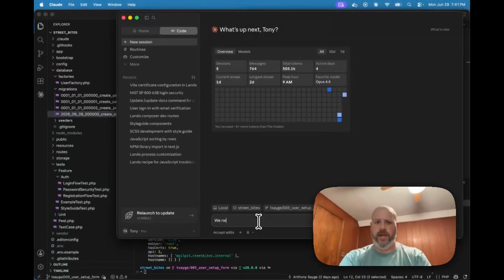So we need to update the profile link when it is available to link out to a page where a user can set their favorite food, can see their favorite food trucks,